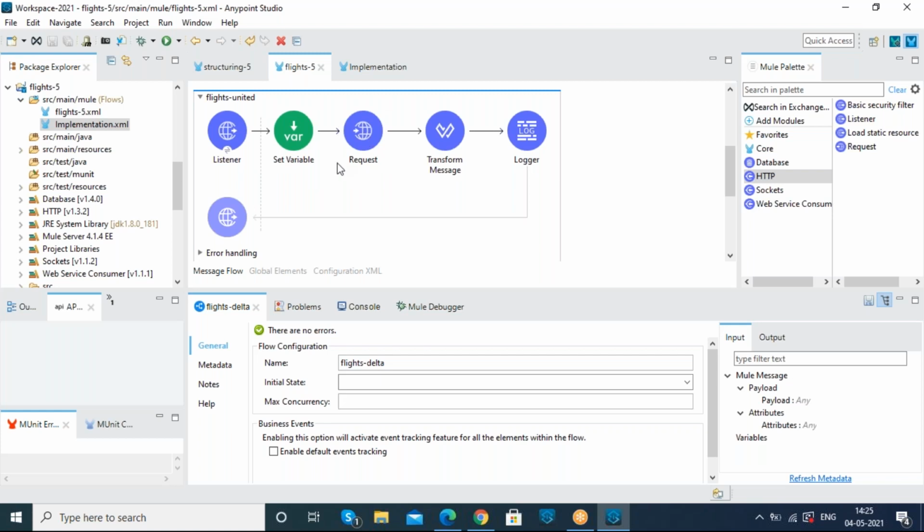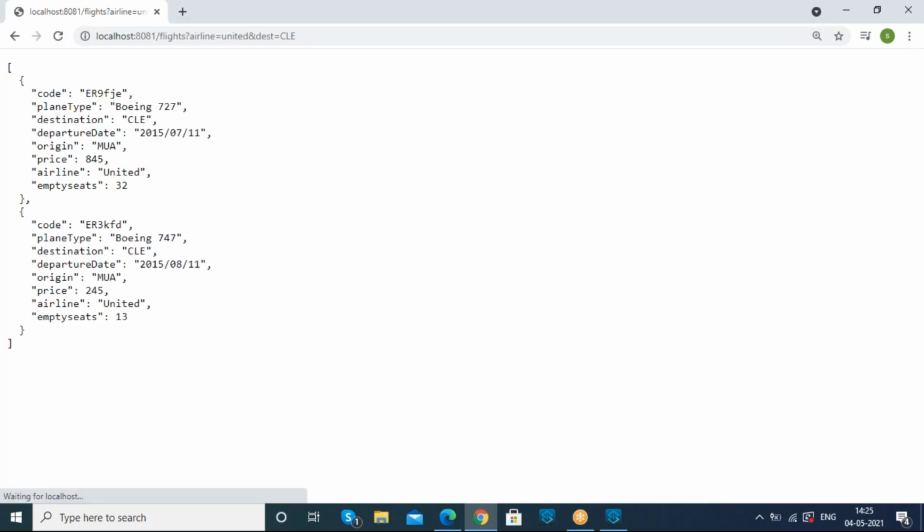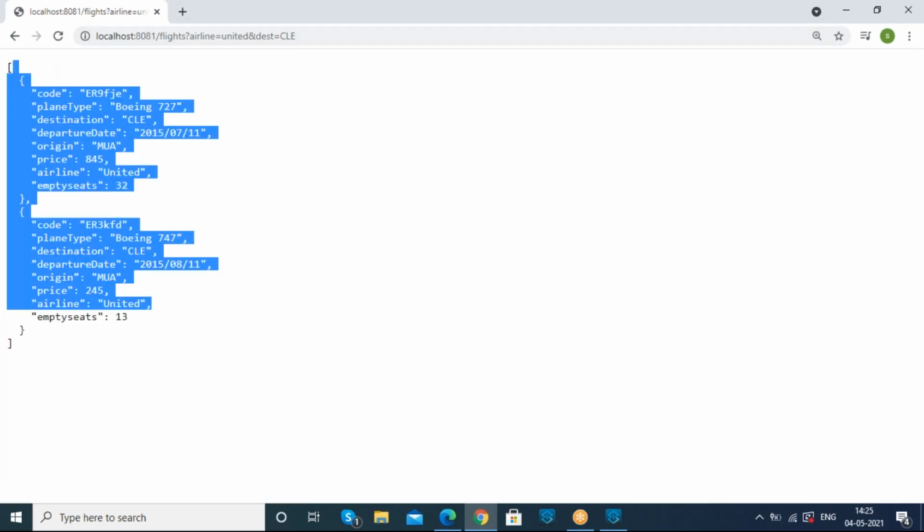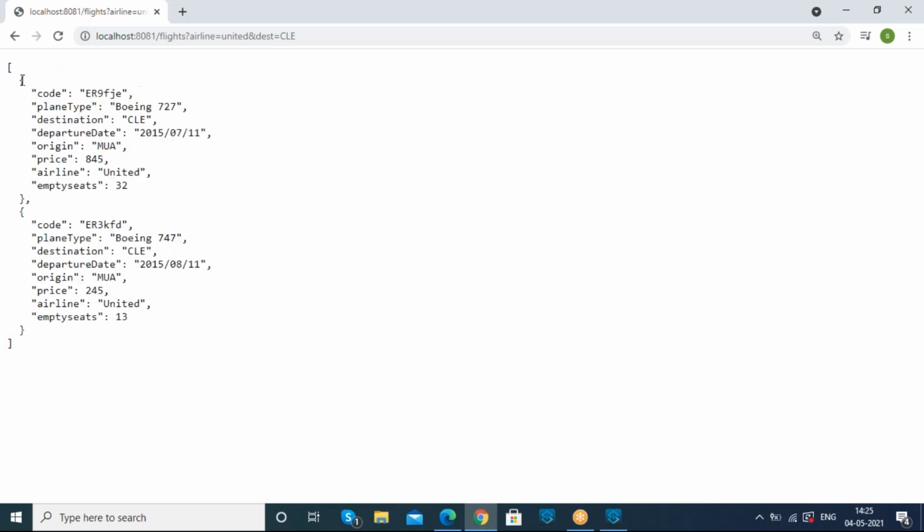So how had we developed these three flows? We had developed these three flows in order to search according to the destination parameter. So in order to search according to the destination parameter only, we are just calling these three APIs. And if we are requesting dest equals to CLE, this CLE will be displayed as our response.